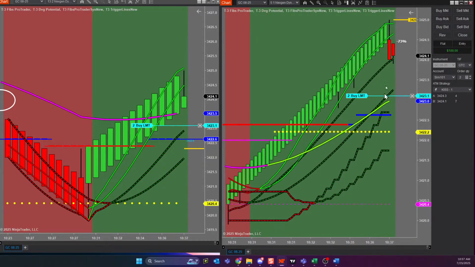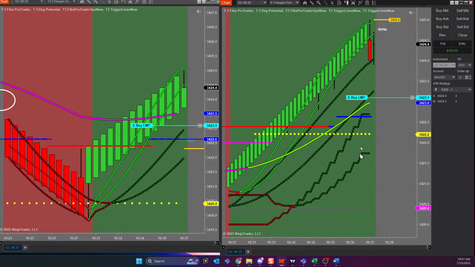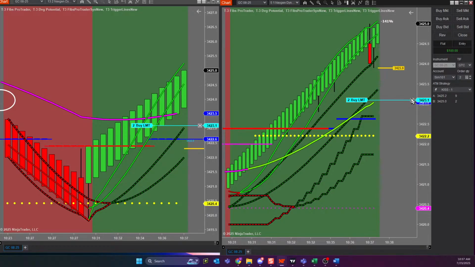My plan says if divergence is true, I have to abort the mission. If divergence prints and is true, negative number prints, magenta line prints, I have to hit cancel on my trade because my plan is no longer met. Is everybody with me? You all have different plans, but the KISS plan says, not my money if divergence prints.